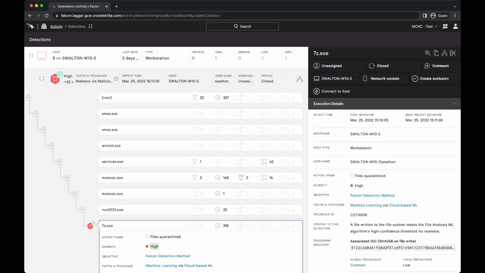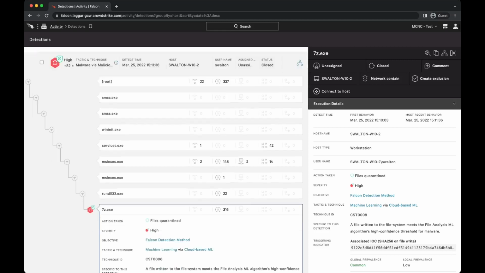However, let's step back a little bit and understand that if we see something that's a false positive, MCNC may not contact you, because it doesn't make sense to contact you and say, hey, nothing needs your attention, but something did occur. If you're curious about that, we can go over ways to have automated reporting, such as Monday at 8 a.m. you can have a report from the previous week,